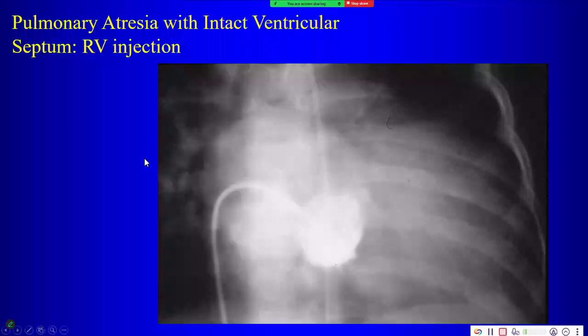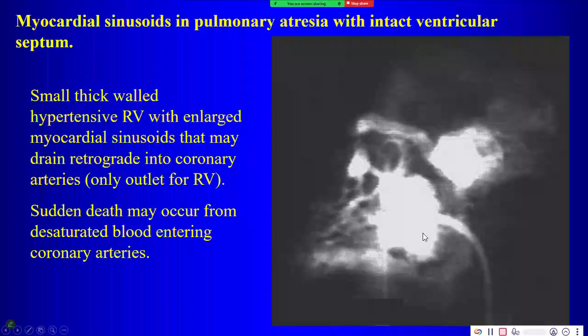So if there's regurgitation of the tricuspid valve, it would go back into the right atrium. On the other hand, if the tricuspid valve is competent, in some cases, then what happens is that the blood from the right ventricle can get into sinusoids in the wall of the right ventricle, and these sinusoids can